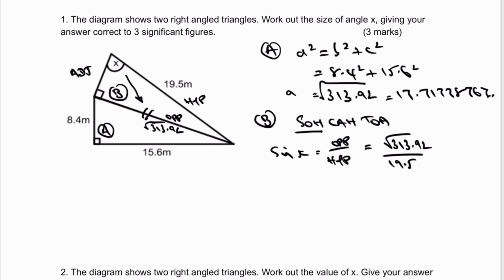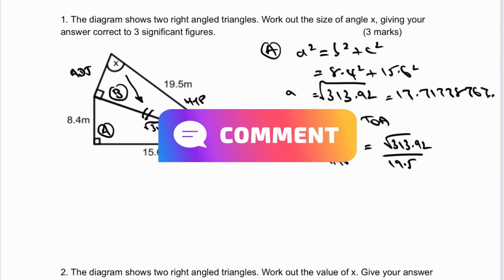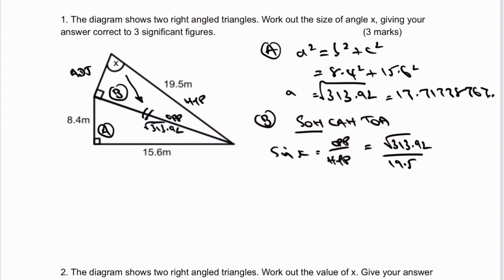Now that's going to give me the sine. The sine I'm not interested in. What I'm interested in is the actual value of the angle. So therefore if I use shift sine on my calculator, I can access the inverse trig function, which is sine to the power of -1, and I would write that as the fraction root of 313.92 all divided by 19.5, and when I put that into my calculator I'm going to get